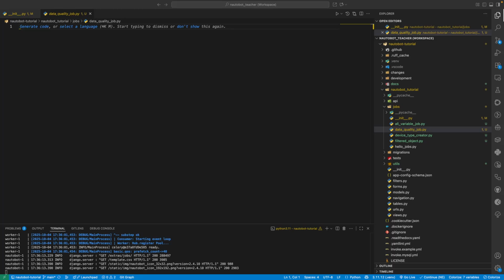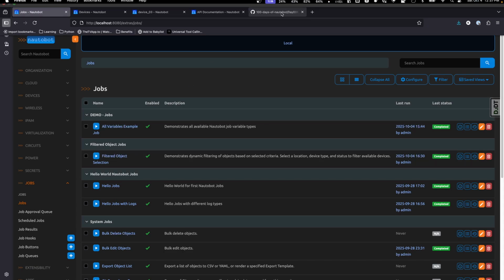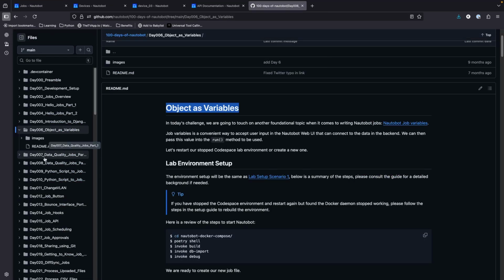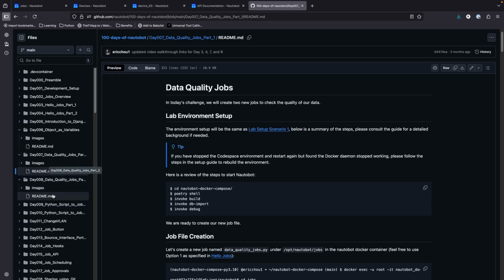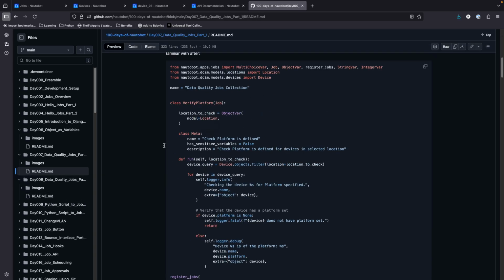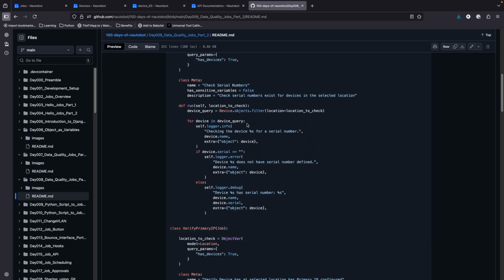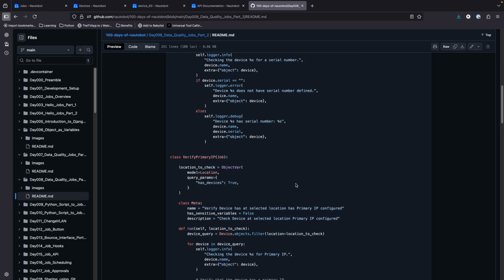All right, so this is going to be day number 5, and we're actually going to be going over day number 8 and 9 for Nautobot's 100 Days of Code. Essentially, both of these days we're going over is just data quality jobs, and it's essentially getting some input from the user and checking your actual environment using Django ORM filtering system to either find